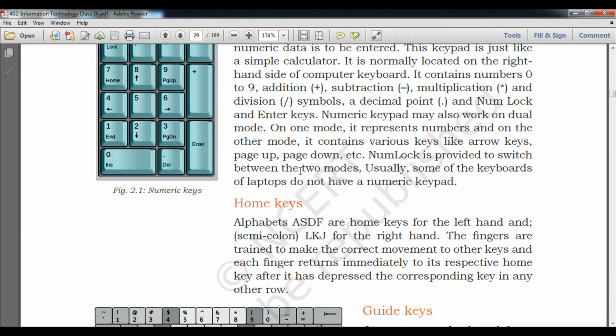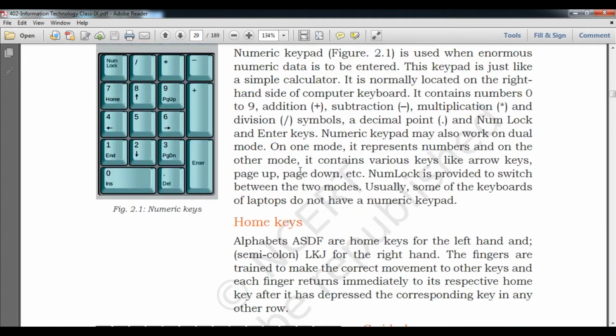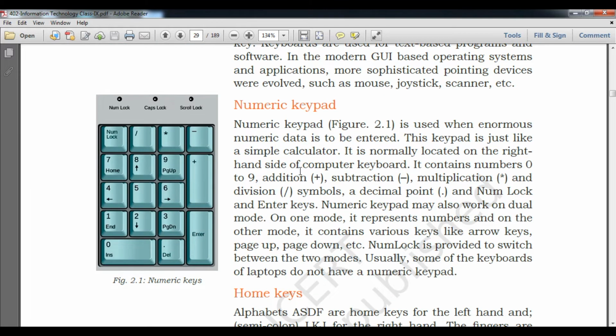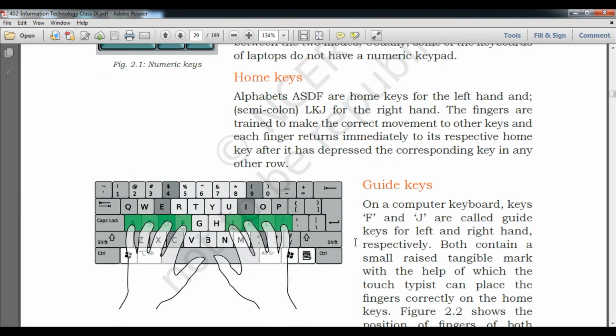First of all, the home key. Students, the home key lets you return to the beginning of the first line. The end key returns to the end of the line of the particular statement. Page up shifts the page upward if there is more than one page in your document. Page down shifts it downward. Delete deletes the particular selection. Now we are going to understand the ASDF format of the keyboard.